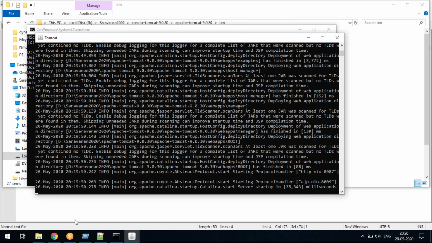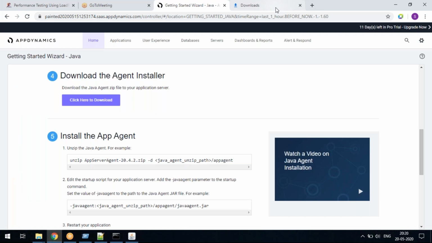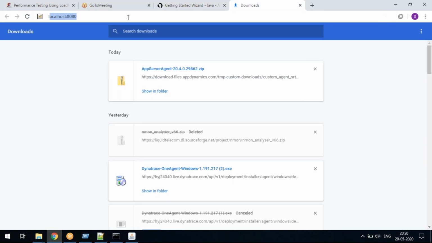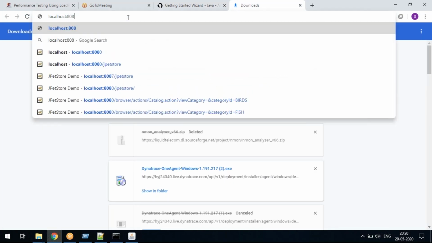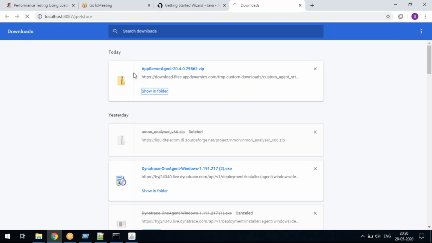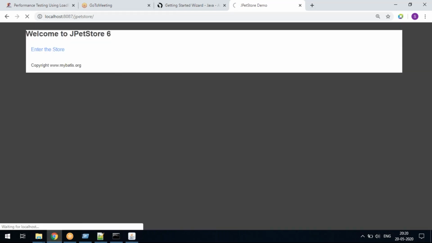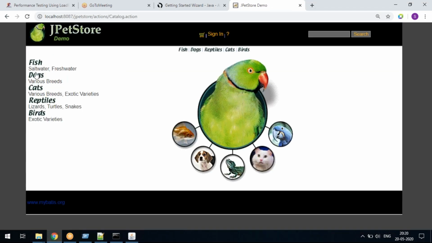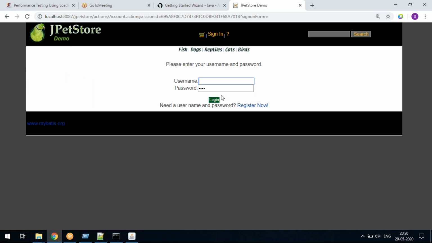You did the configuration now. So what I am doing now, I know my application URL. For example, I am going to localhost:8087/JPEG store. This is my application, right? Say I am creating some kind of load in my application.